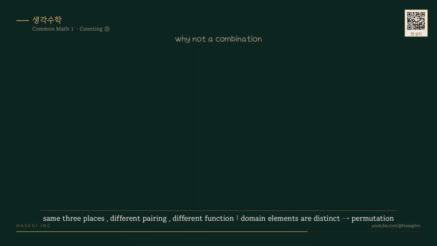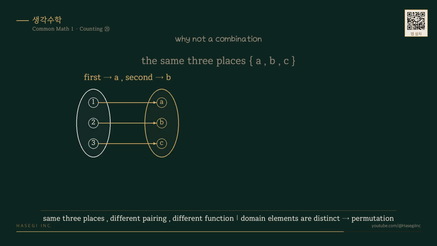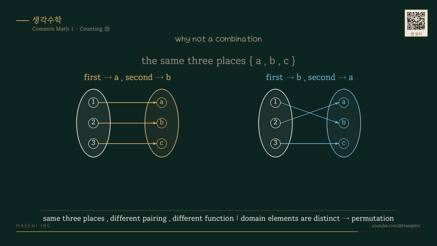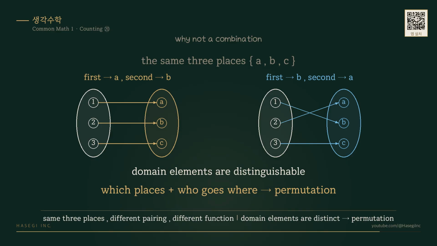So why is this a permutation and not a combination? If you only look at which 3 places get used, it does resemble a combination. But a function does not stop there. Sending the first element to A and the second to B is a different function from sending the first to B and the second to A. The elements of the domain are distinguishable. You have to decide not only which places are used, but who goes where, and that is what keeps the